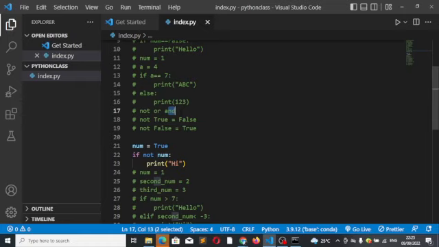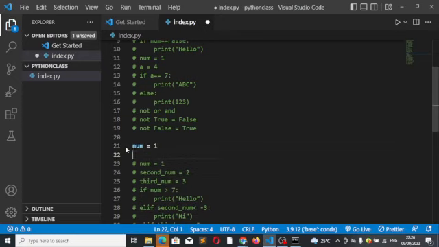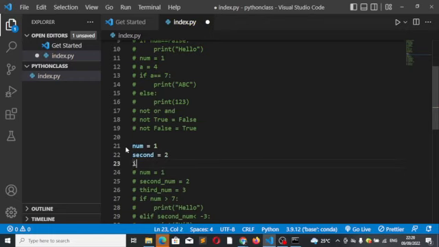So, having explained this, let's now write it in code. Do you have any problem with the explanation? No. Okay, let's write it out in code. I'll get a variable. I'll call this second, and I'll say this is 2. We can now say if num is equal to 3 or second is equal to 2 print